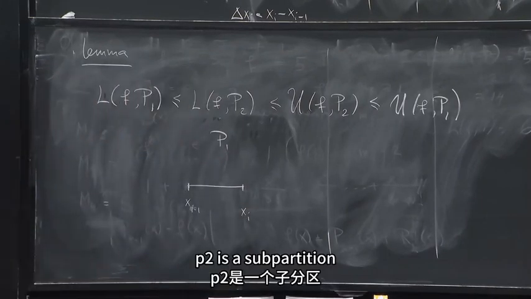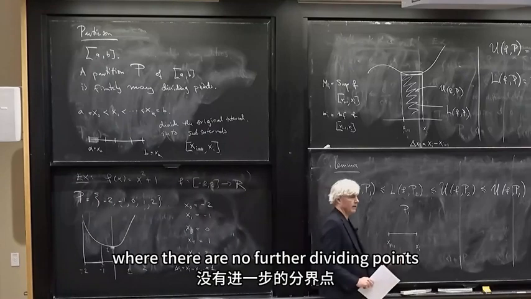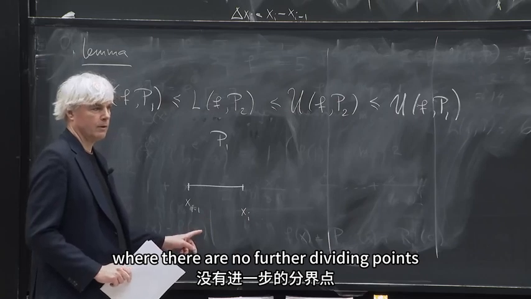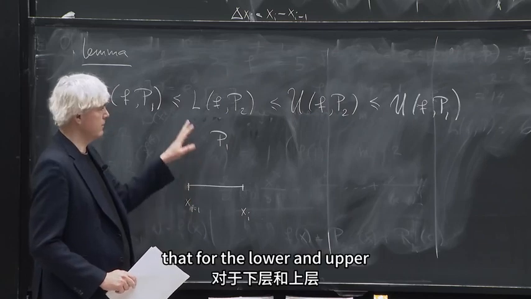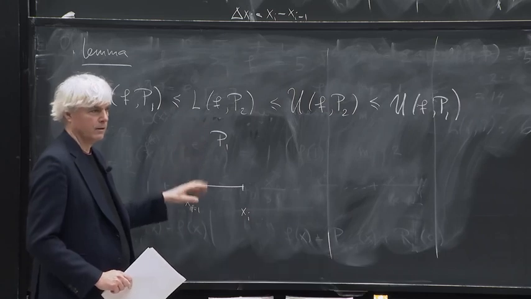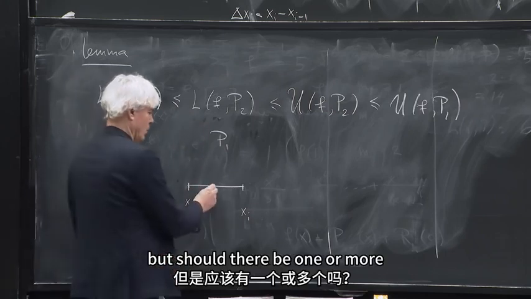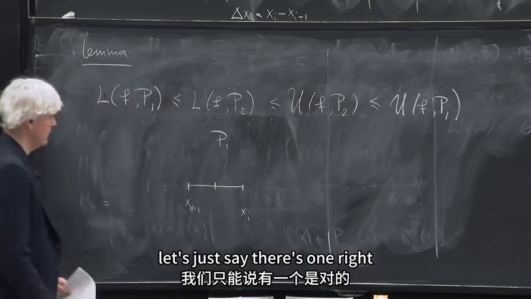P2 is a subpartition, so there may be intervals like this where there are no further dividing points. But in that case, the contribution to the lower and upper sums is the same for the two partitions. But should there be one or more, let's just say there's one,